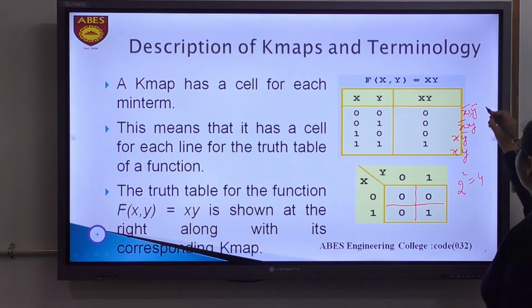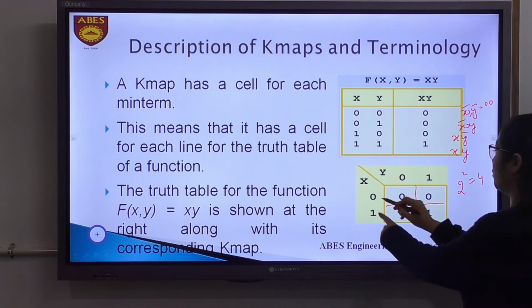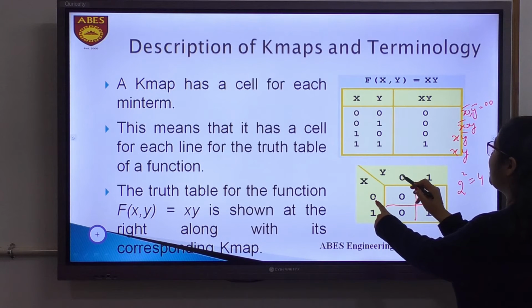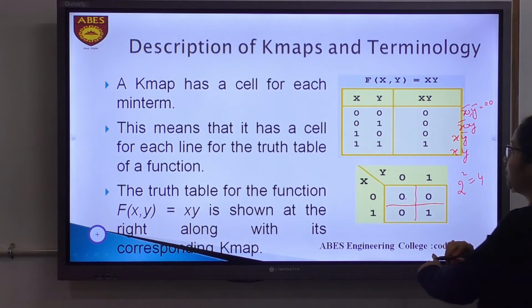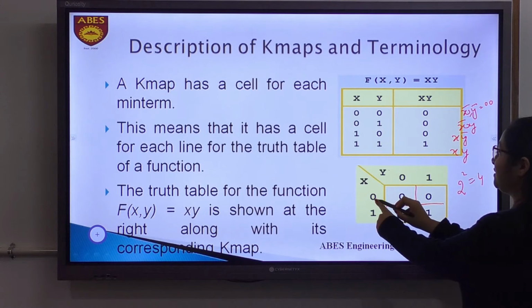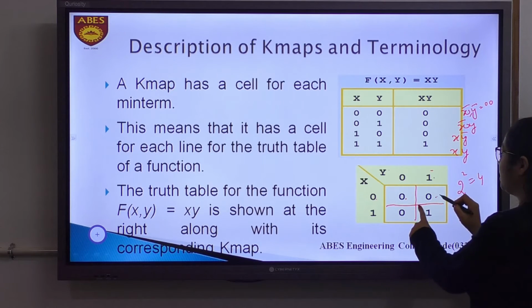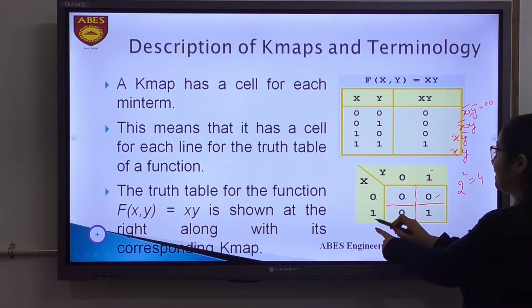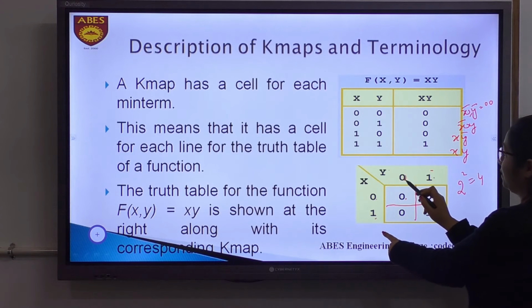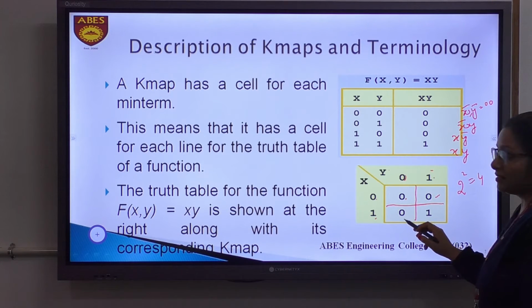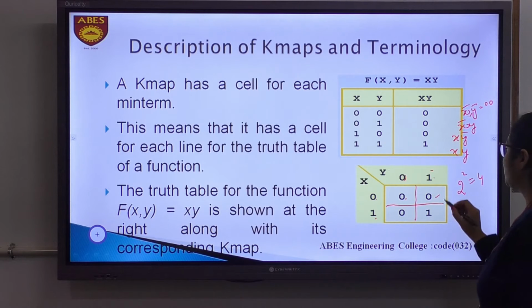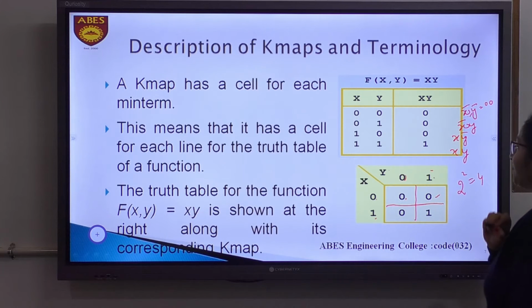X bar, y bar means both x is 0 and y is 0. So when x is 0, y is 0, the product of x and y will be 0. Similarly, when x is 0 and y is 1, xy is equal to 0. Again, when x is 1 and y is 0, the result is 0. When both are 1, x multiply y will be 1.